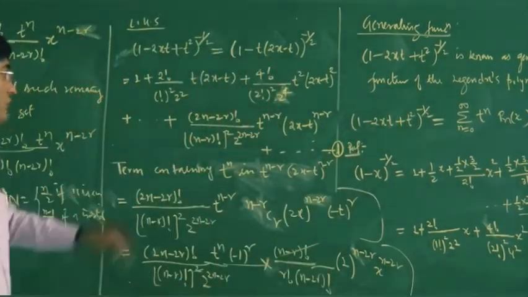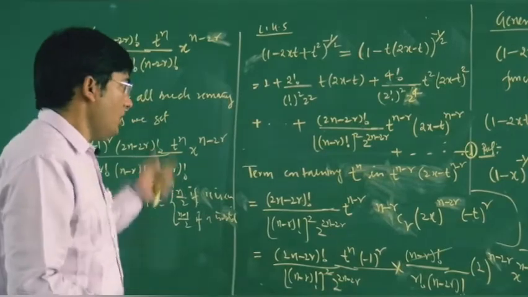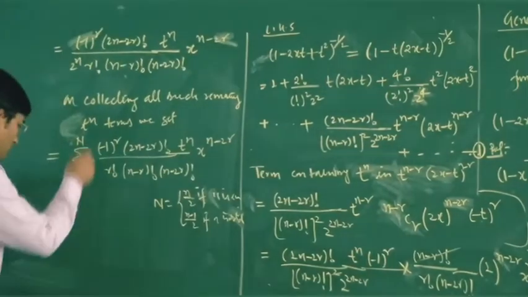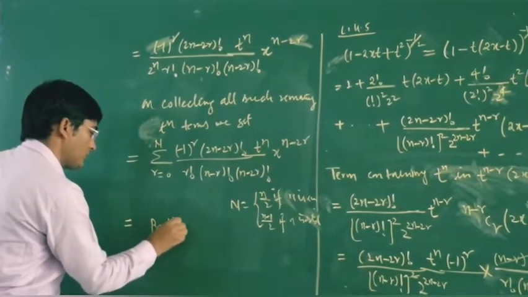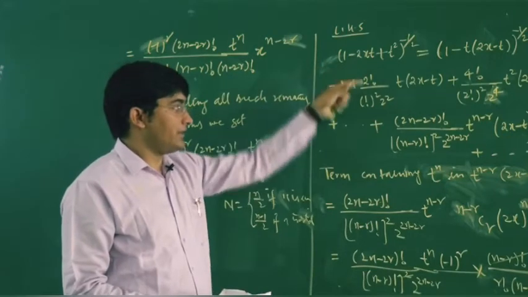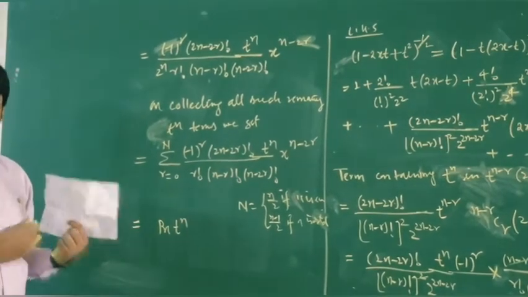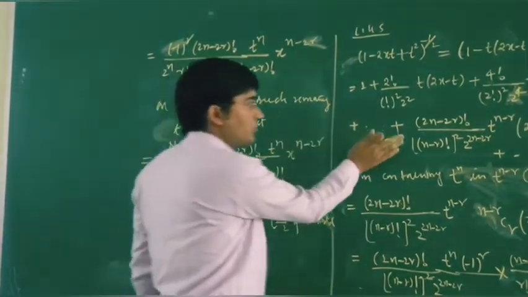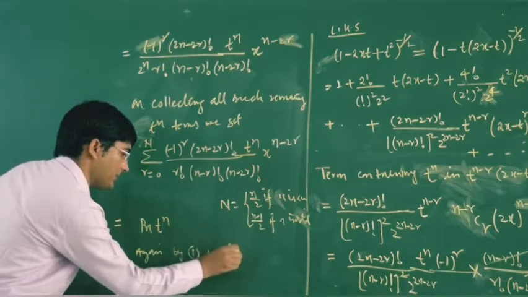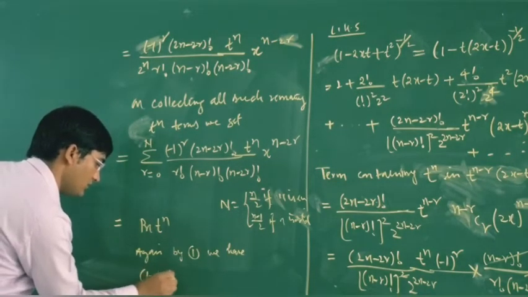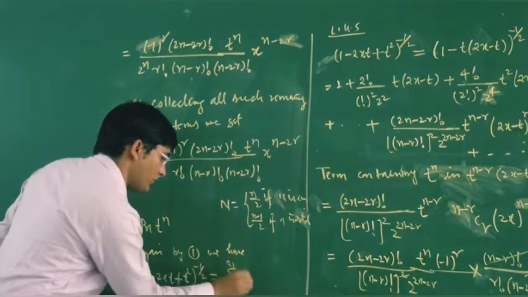Now this is your infinite series which contains terms of even degree and terms of odd degree. If you rewrite this term, this was the definition of P power n, so this is basically P power n into t power n. We are starting with the left hand side, and this is your infinite series, so we can move our summation from 0 to infinity. If you rewrite this equation number 1, we have (1 minus 2xt plus t square) power minus half is equal to the sum from n equal to 0 to infinity of t power n into P_n(x).